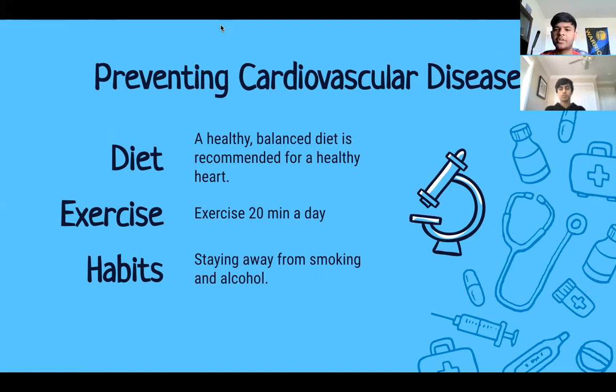Another main way you can prevent CVD is to exercise regularly. Adults are advised to do at least 150 minutes of exercise a week, whether it's cycling, brisk walking, or even playing a sport. If you find it difficult to do this, start at a level you feel comfortable with and gradually increase the duration and intensity of your activity as your fitness improves. Visit your GP for a health check if you haven't exercised before, or if you're returning from a long break